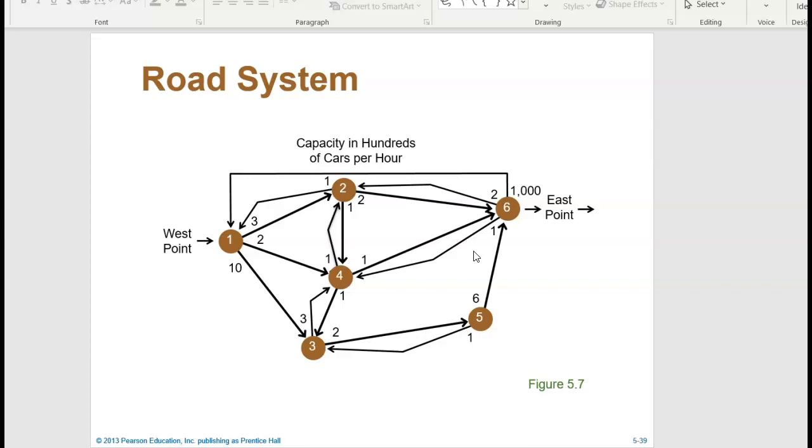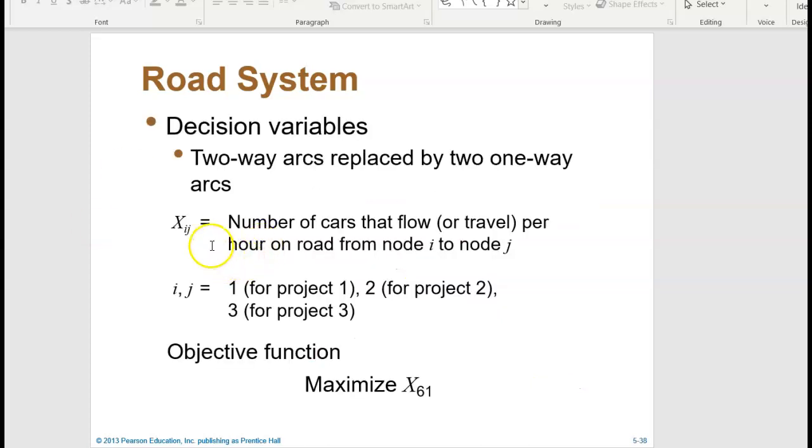So the revised network for Vacatia therefore is going to have 15 unidirectional roads. That's by counting the number of arrows that we have constructed in our modified network diagram. So as with transportation and assignment models, the presence of 15 unidirectional arcs in the network implies that there are 15 decision variables in Vacatia's maximal flow model. So basically you have one for each road in the network,